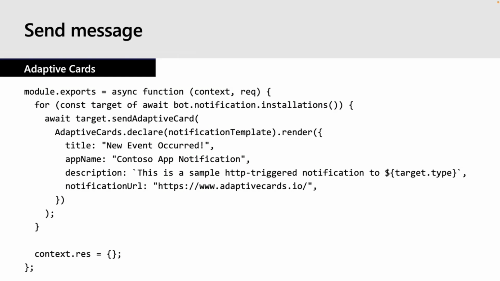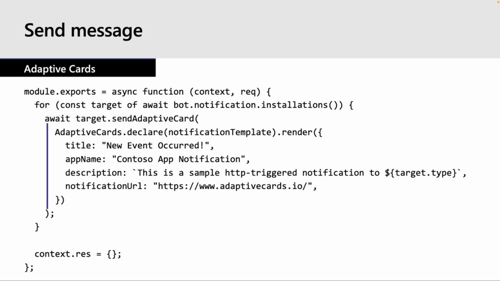So this is the code that is given to you in the template. To explain what this code is doing, this is using the TeamsFX SDK, which is aimed to make bot development much easier. This for loop will basically get all of the installation targets for where the bot has been installed across Teams. So it'll get the target, we'll loop through them all, and then we're going to send an